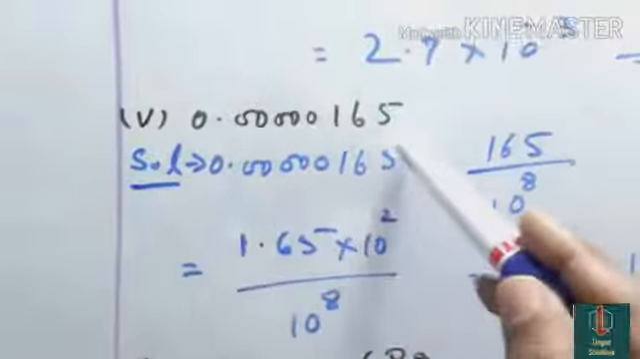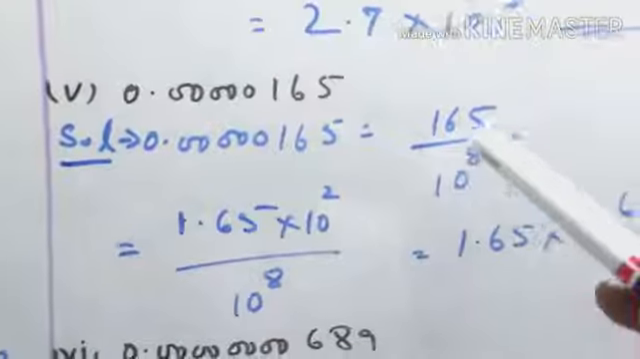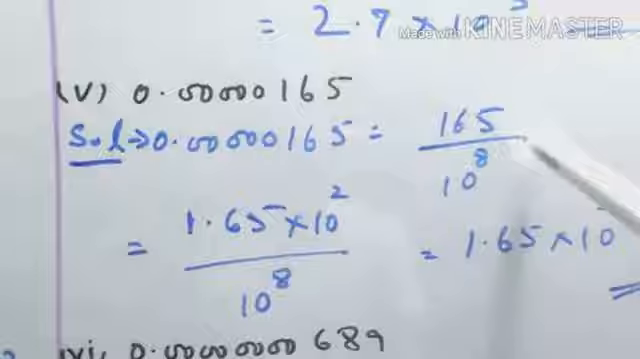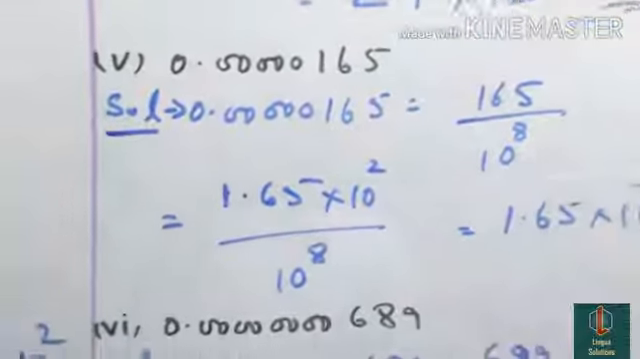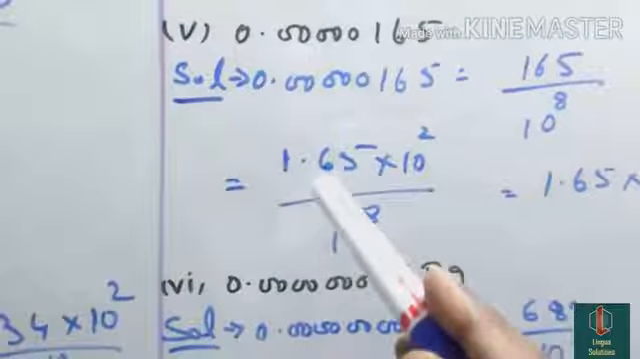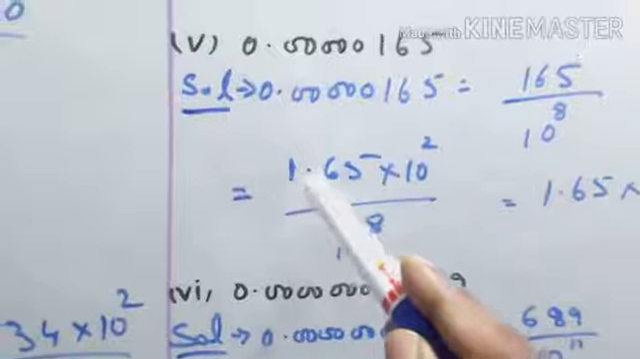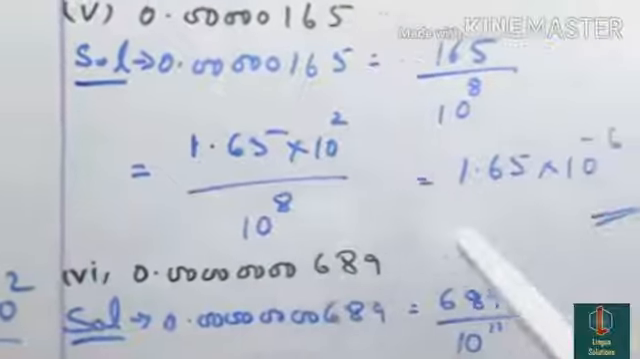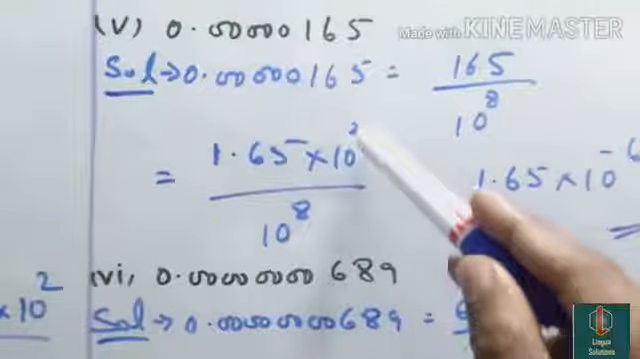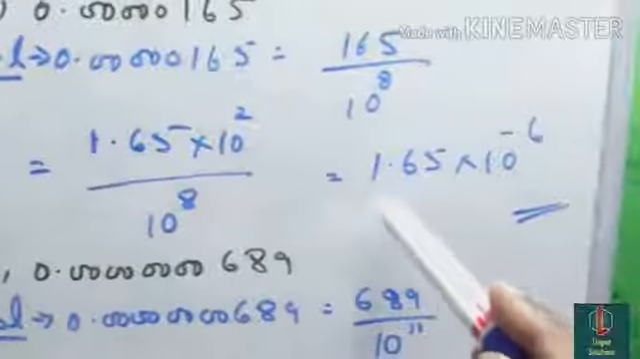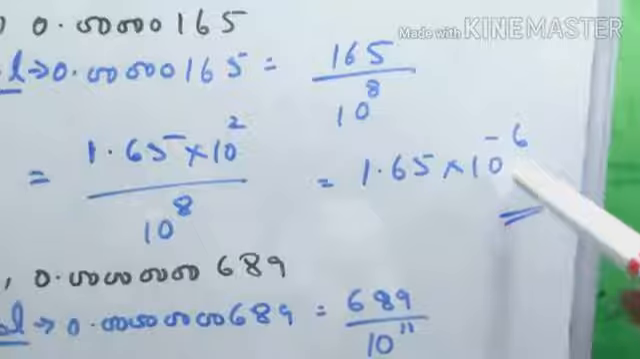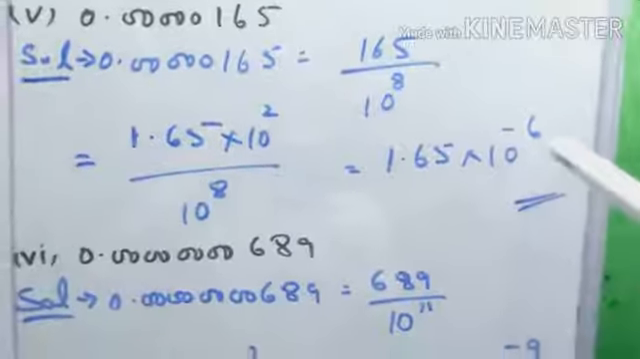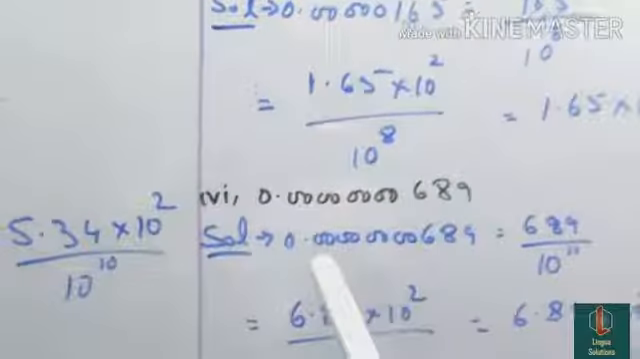It means here it is 8 digits. We can write it as 165 by 10 to the power 8. अब इसमें डेसिमल डाल देते हैं तो 1.65 इंटू 10 स्क्वायर बाई 10 टू द पावर 8. अब यहाँ क्या करेंगे, पावर को माइनस करेंगे, इज इक्वल टू 1.65 इंटू 10 टू द पावर minus 6. This is the answer. Next one is